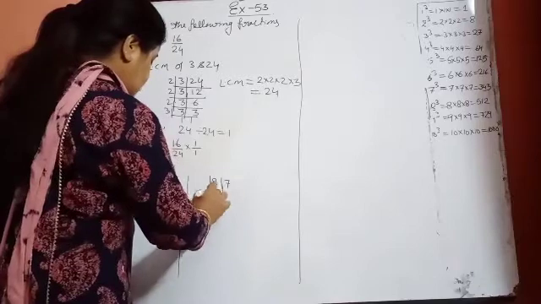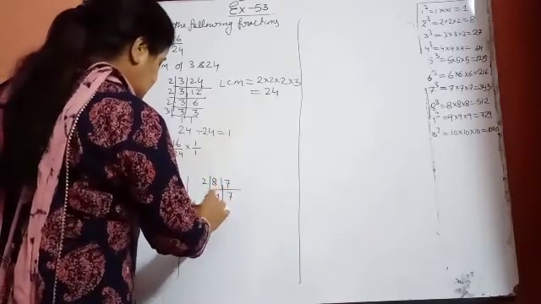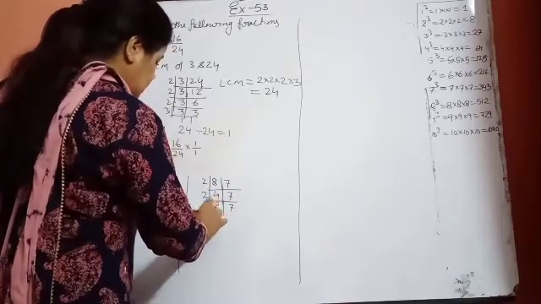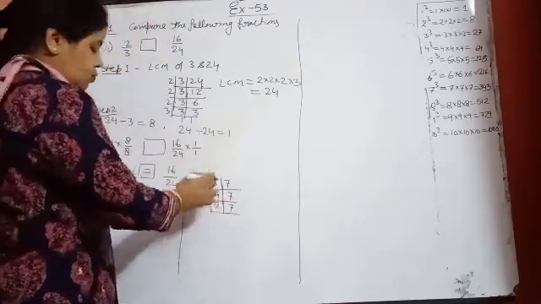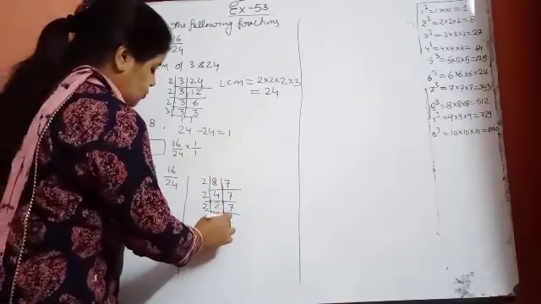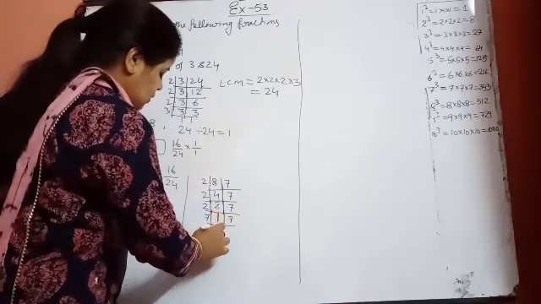By prime numbers we will make the division. 2 4s are 8, 7. Then 2 2s are 4, 7. In 7, it does not come in the table of 2, so we will write it down in the same way. 2 1s are 2, 7. Okay. Now finally by 7, 1, 1.